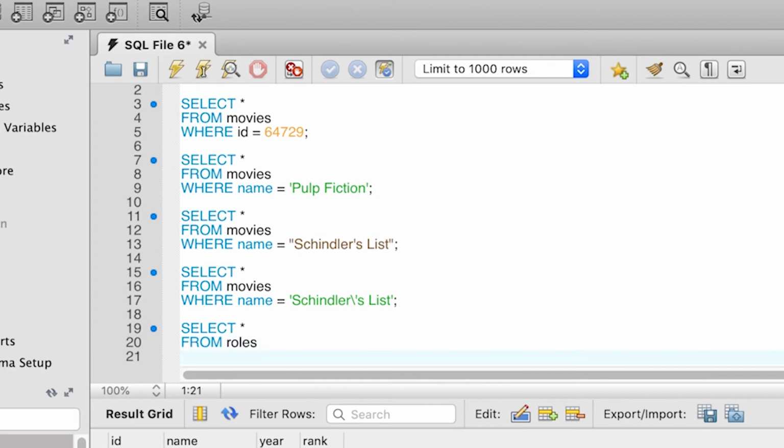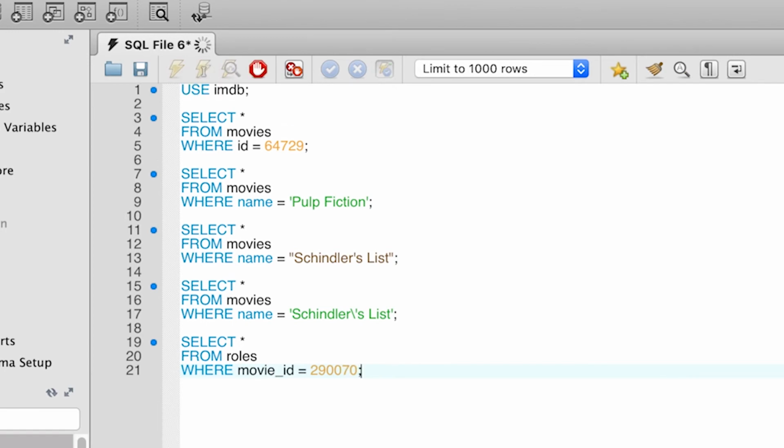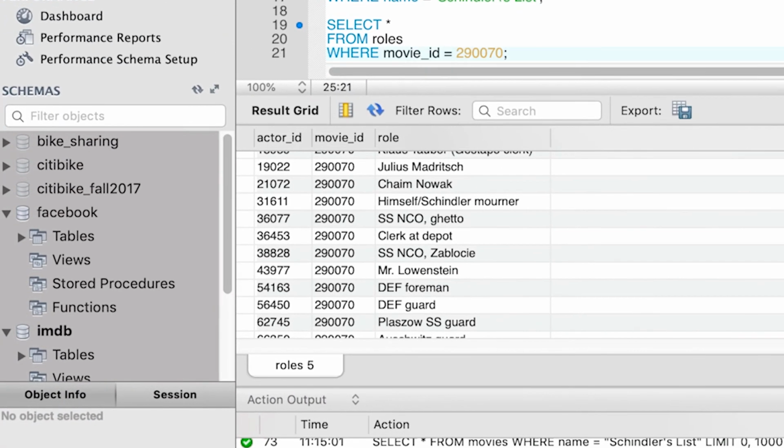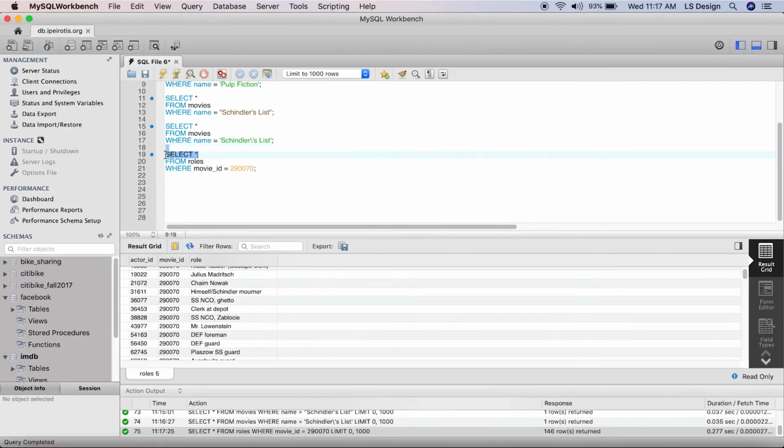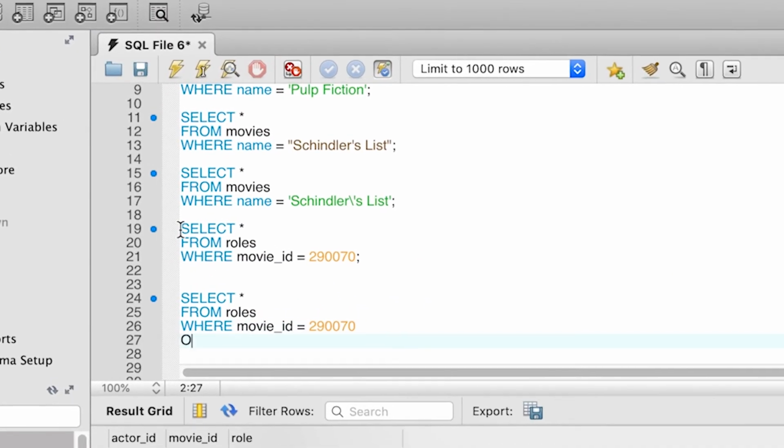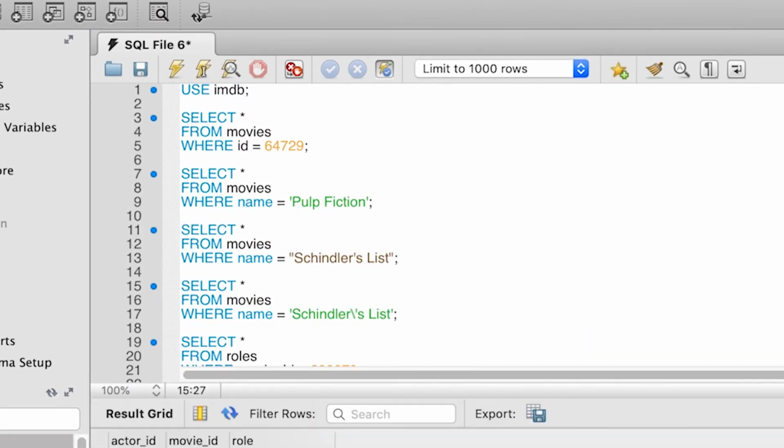And now we need to add our condition, and we type where movie underscore ID is equal to 290070. If we execute the query, we get back the roles, but we also want the results to be sorted alphabetically. So now we continue and write after where order by role.